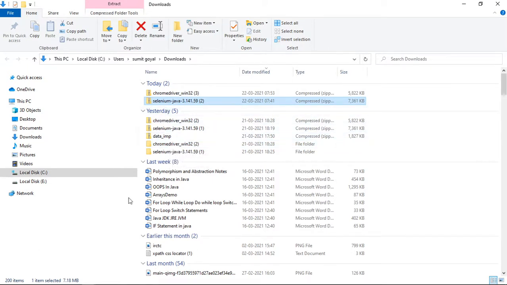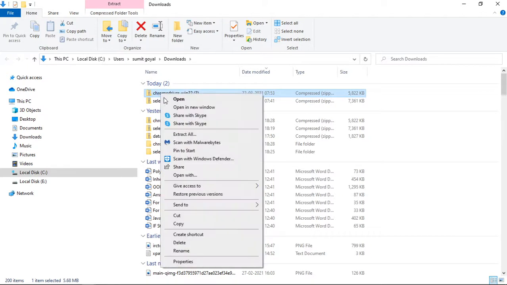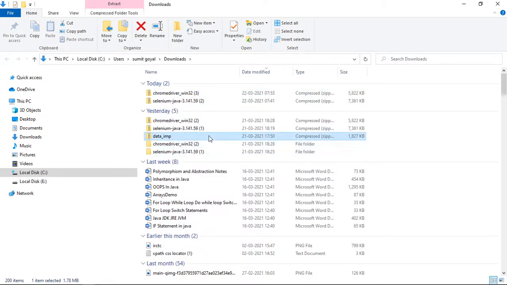I think it is downloaded here, right? You can right click and click on extract all. I have already done that, so here I have also downloaded it, this one, and after that you can open this, right?